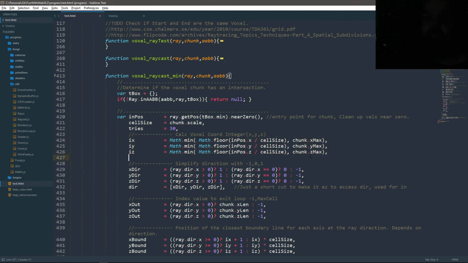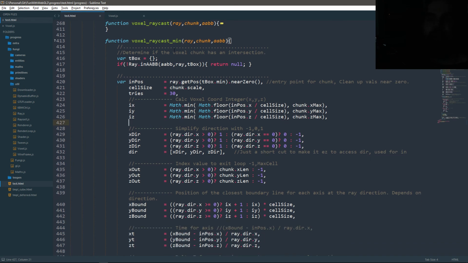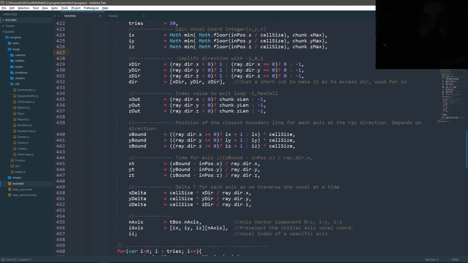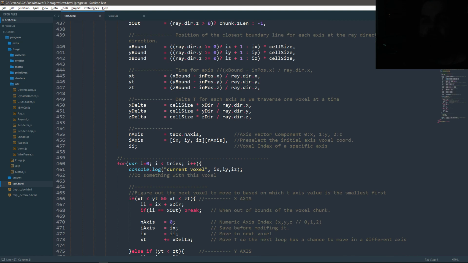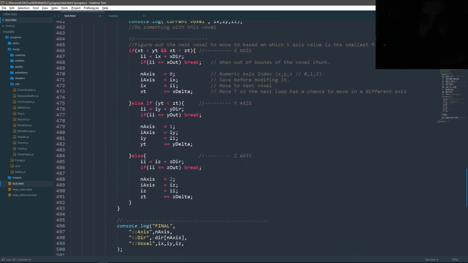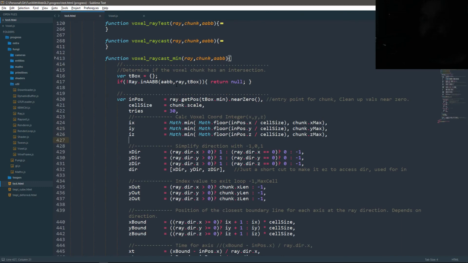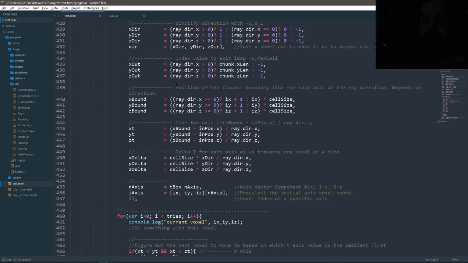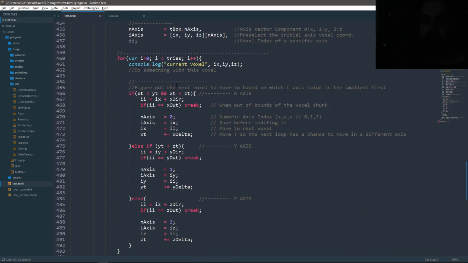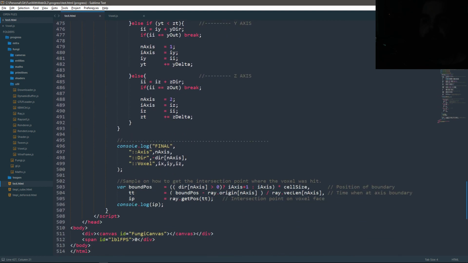To me, this is cleaner, and I wanted to make this a minimum version for people to have as a starting point, as a good example to learn. Like I said, one of the biggest problems was I had no good examples really to learn from. Everything was very complicated. Everyone had a use case for their voxel thing. And this minimum function has no use case whatsoever, other than traversing through the voxels and finding every voxel that you cross, its point of intersection, and